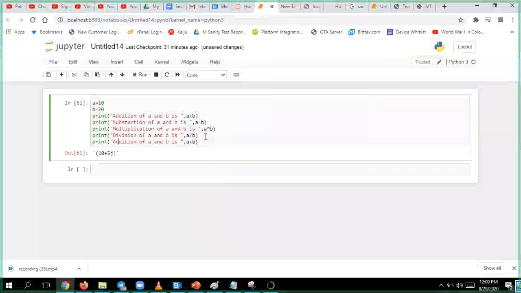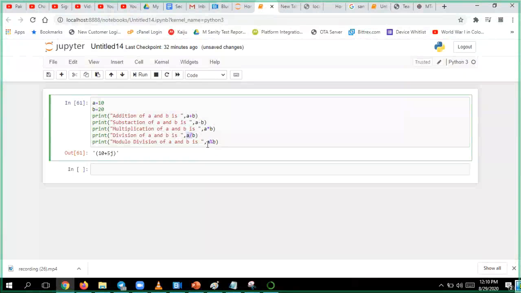Division. There is something called modulo division. This will give you the remainder, whereas otherwise you get the quotient value. If you want the remainder, you have to go for modulo division. If you want the quotient value, you use a by b.